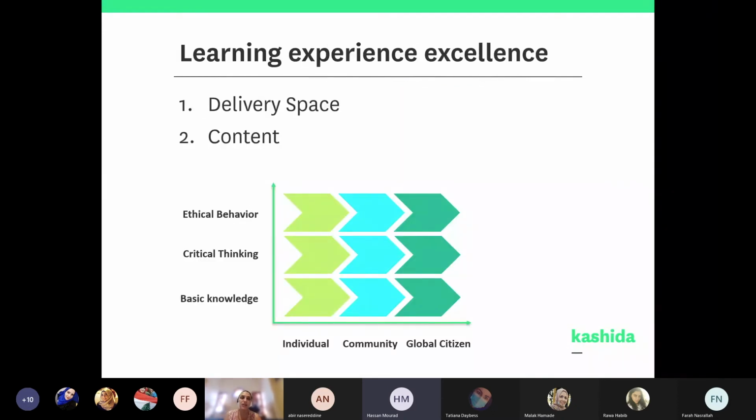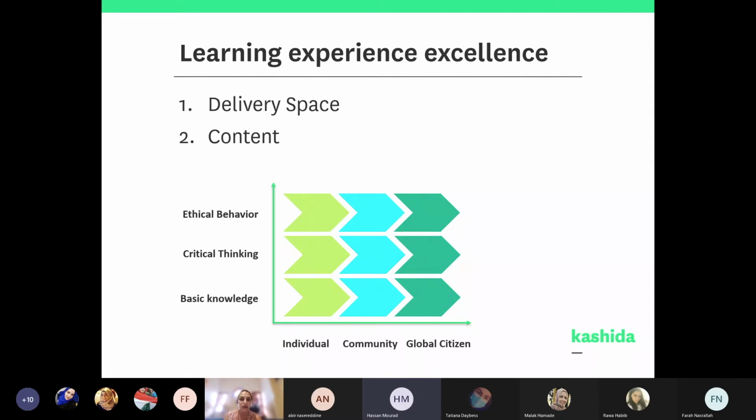To get this learning experience excellence, we have two factors, the learning space and the content. And what we wanted to achieve is multifaceted and layered. So we wanted to get them the basic knowledge. We wanted to have the critical thinking, so it's a skill. And we wanted to get certain ethical or cyber netizen behavior.